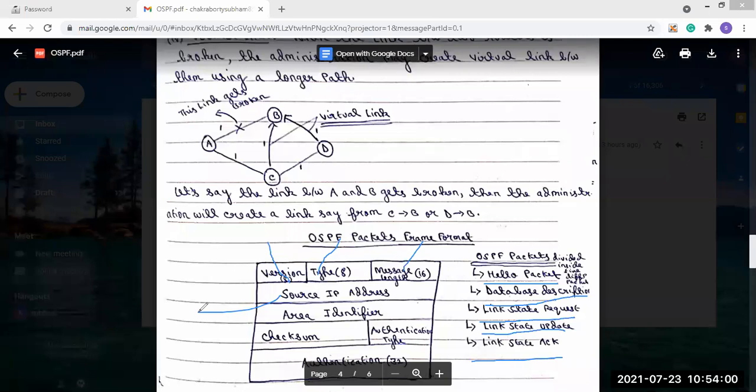So that is it up till now. We have seen the OSPF packet format. In the next class, the portion we weren't able to discuss today, that is the OSPF packet types, how these packets work, and when these packets are used, we will discuss.